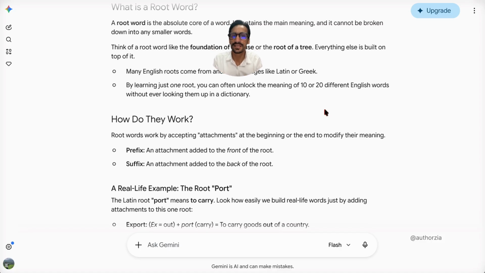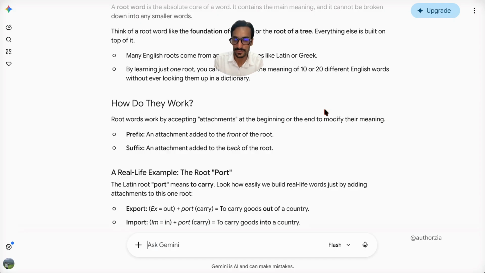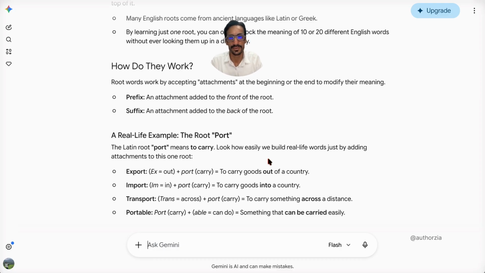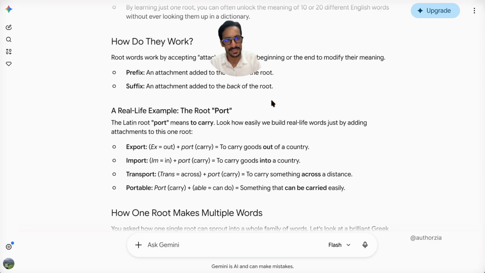कई बार हम सुनते हैं ना कि ये वर्ड लैटिन से आया, ये वर्ड ग्रीक से आया. All those things are root के ऊपर words नए बनते हैं. And how they work? They have two things, prefix and suffix. शायद आपने ये स्कूल कॉलेज में कभी पढ़ा होगा, बट इतना प्रैक्टिकली नहीं पढ़ा होगा. आई फील दिस इज़ वन ऑफ द बेस्ट ways to practice words and vocabulary. So learn prefixes and suffixes.